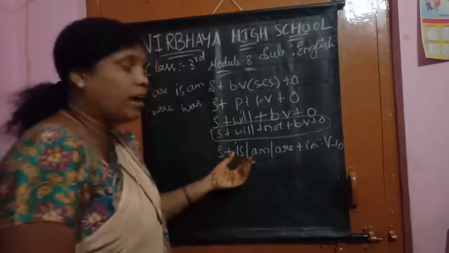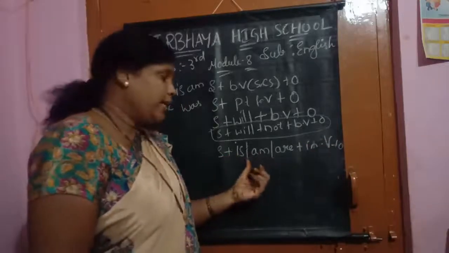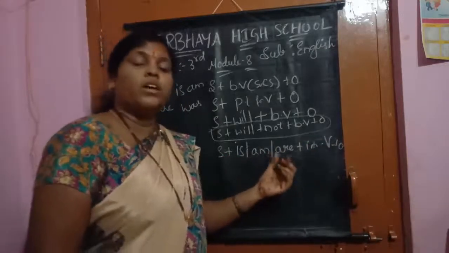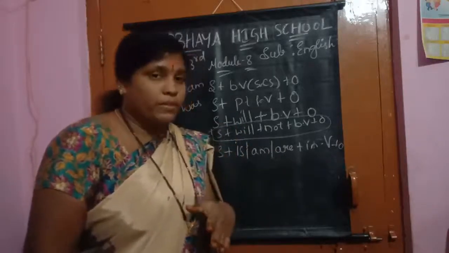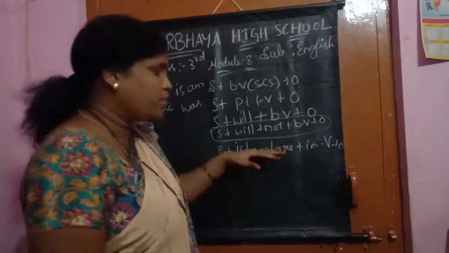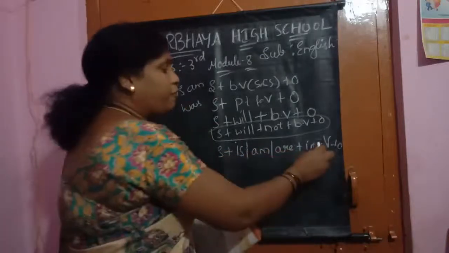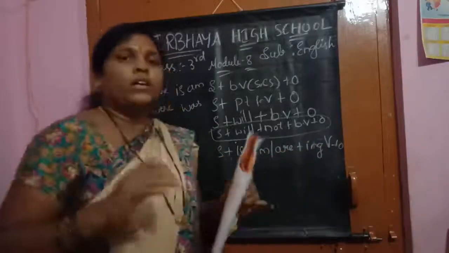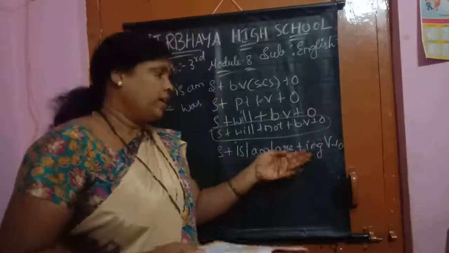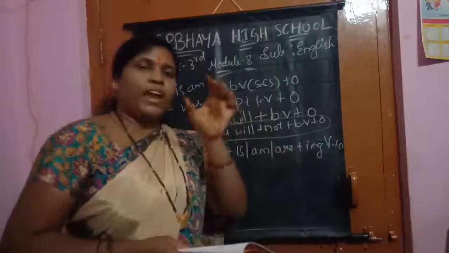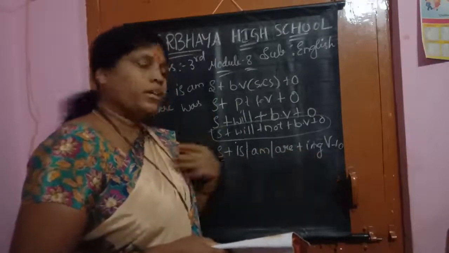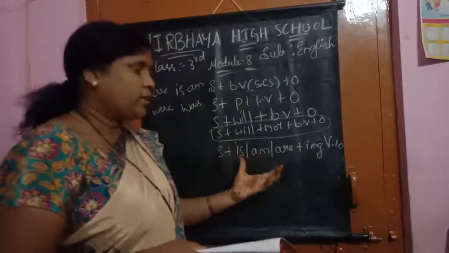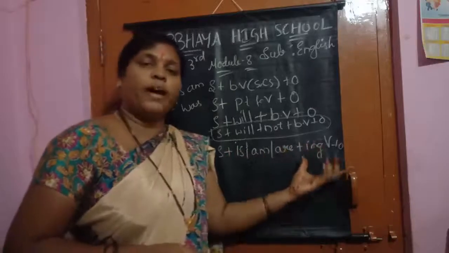Here, these are the auxiliary verbs, children. Is, am, are, was, were. Auxiliary verbs means helping words. Understand, children? We use these words with the ing form, like playing, dancing. For the base verb, we add ing, then it becomes the ing form. Then the object. Subject, auxiliary verb, ing form of verb and object.